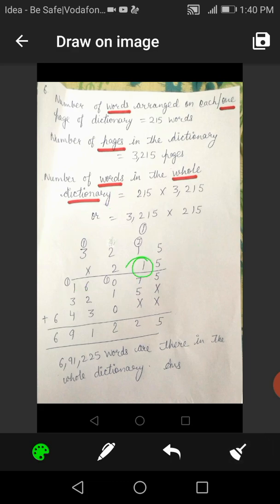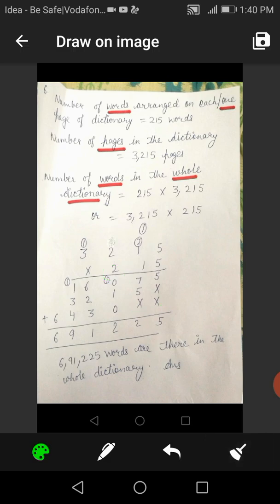Now multiply on the tens place. On tens place there is 1. So on ones place there will be either cross or 0, because multiplication is from the digit on tens place. So first cross, then 1 5 is 5, 1 1 is 1, 1 2 is 2, 1 3 is 3. Any number multiplied by 1, the answer comes the same number. This property is used. Now digit on hundreds place is 2. So 2 zeros or 2 crosses need to be put here.